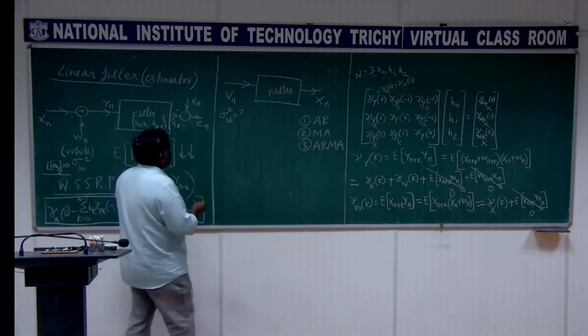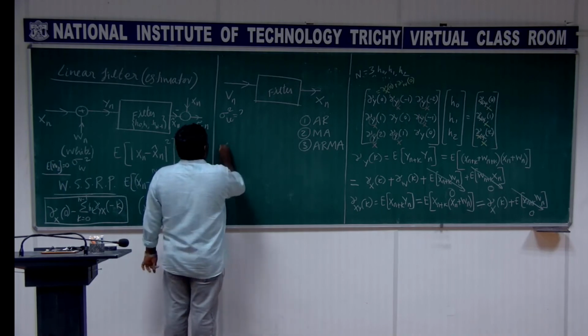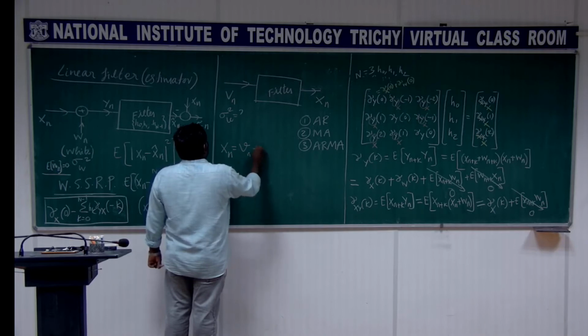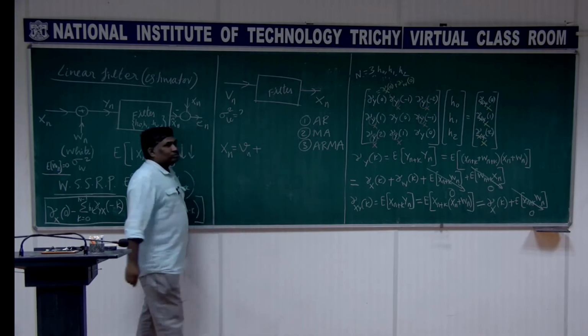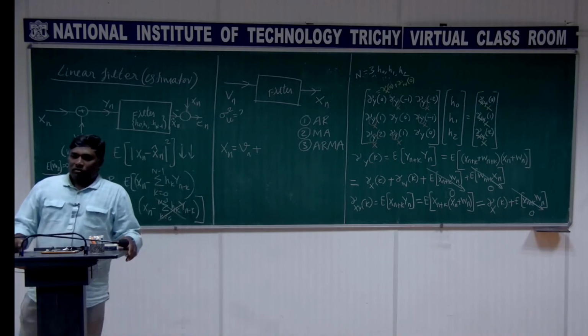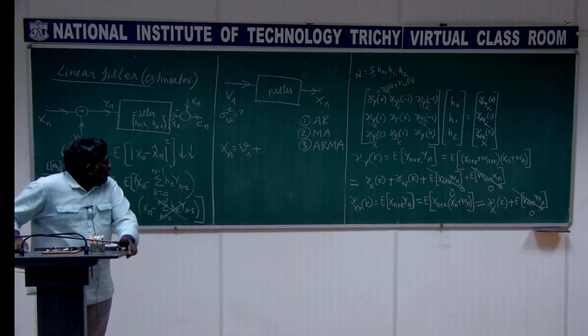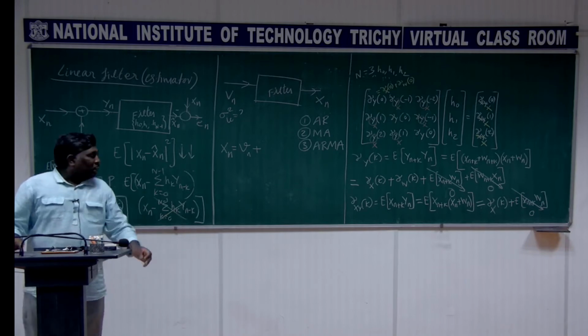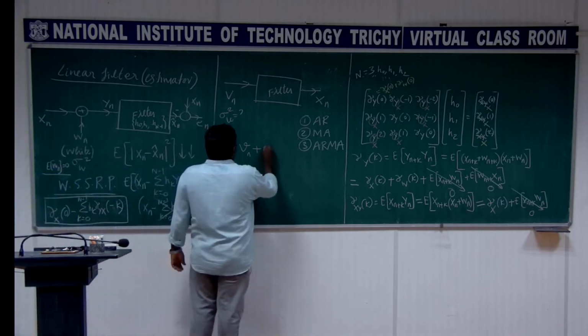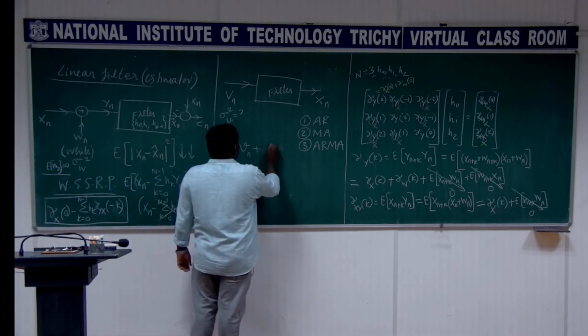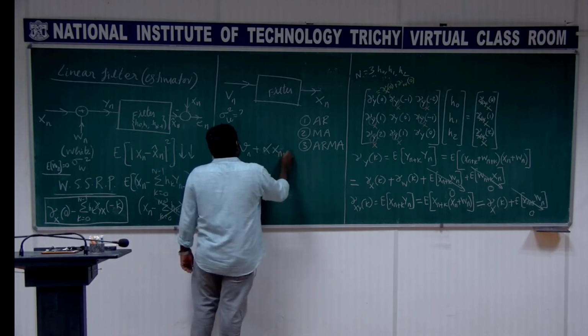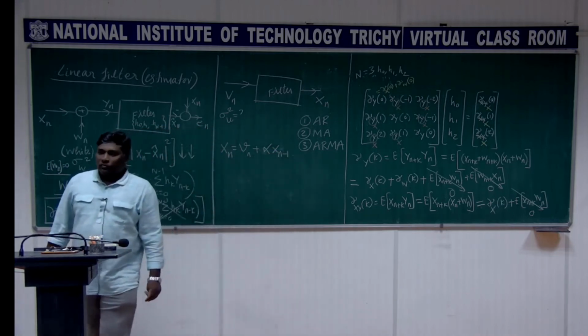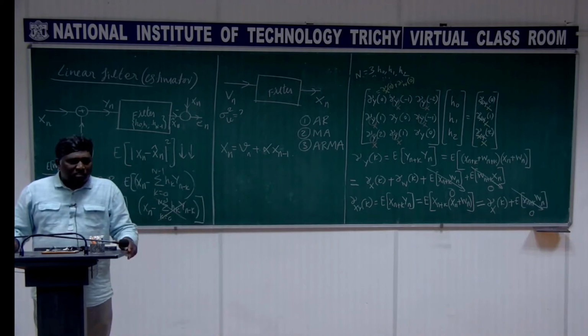One simple model what I am going to give you here is this xn is like Vn plus, because we have this Vn as the input, right? Then you can have it as a delay, for example 0.6 or some alpha times xn minus 1. So what is the filter for this?